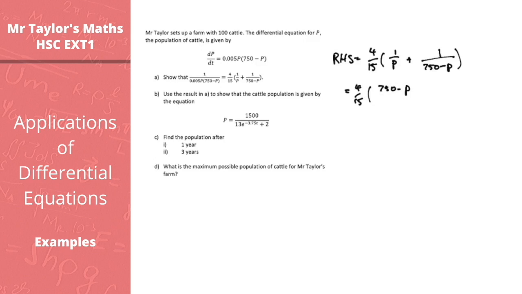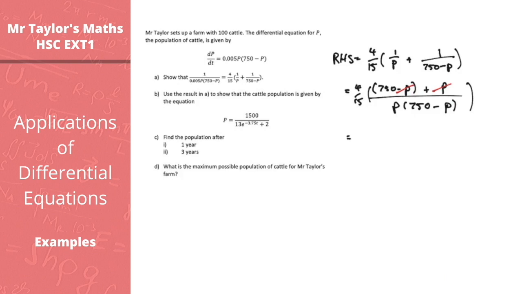7 over p all over, and my common denominator is this. And then it will be 750 minus p, and then plus, and then that second fraction needs a p on the top and the bottom. So 1 times p is p, so we get that. Okay, so 750 minus p plus p, the p's cancel, that's handy. So you end up with